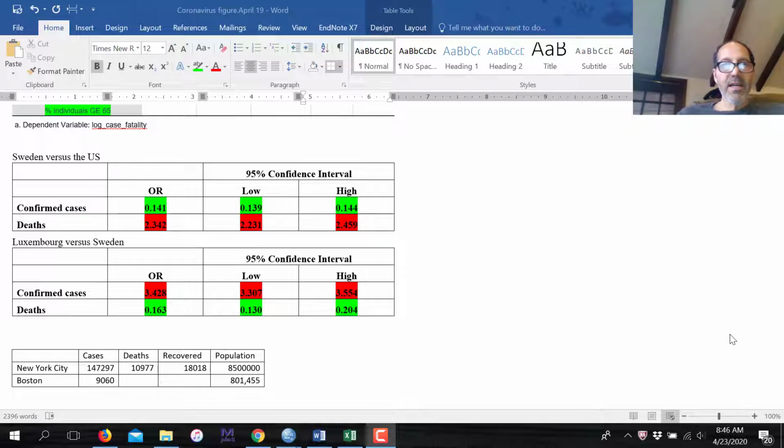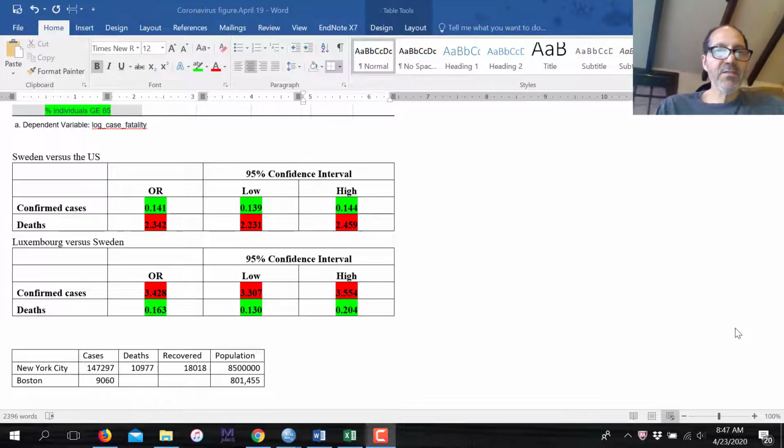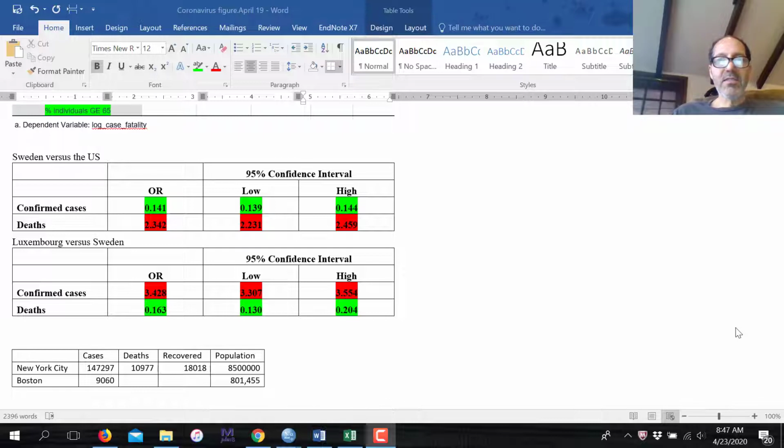Now the thing is that anytime you calculate something like the prevalence, you have to say, well, what is a confirmed case? Who gets tested? In some countries, not everybody gets tested. Here in the United States, we tend to only test individuals who have really severe symptoms. And in Pennsylvania, we urge individuals who do not have severe symptoms, even though they've come in contact with somebody, even living in the same house with somebody who has confirmed symptoms, to not go to the hospital and get tested. So they become presumed cases. Are they counted? No, they're not counted in our confirmed case count. So this muddies the way we do our calculation. But still, it's actually very informative.